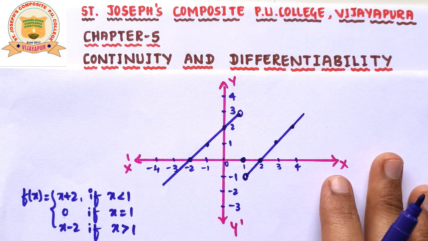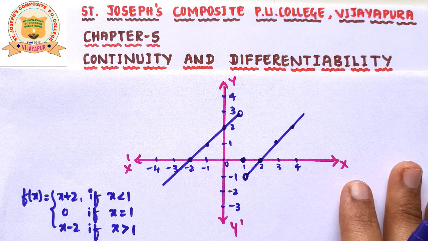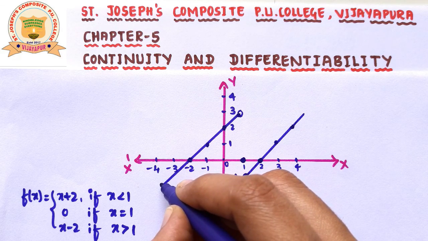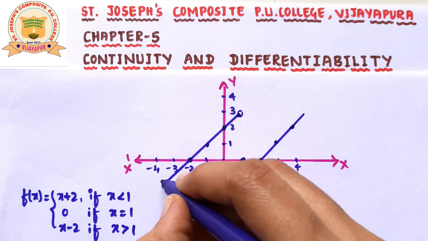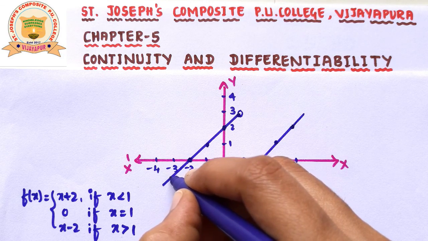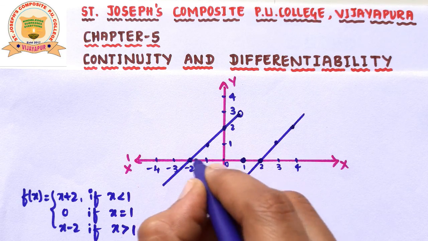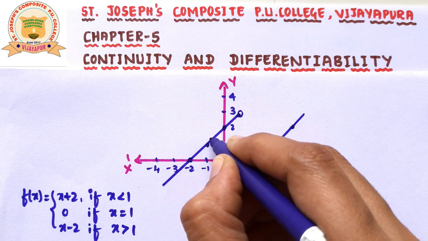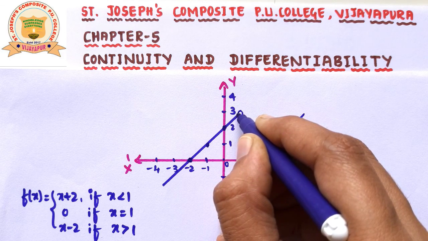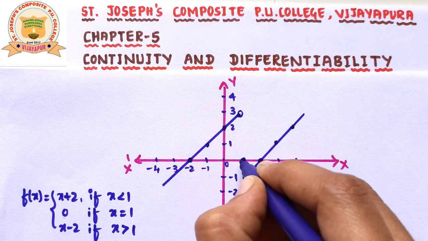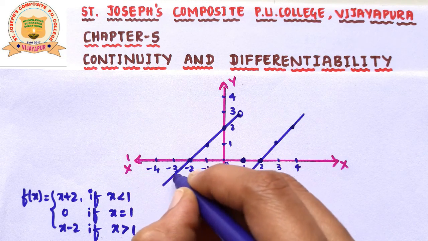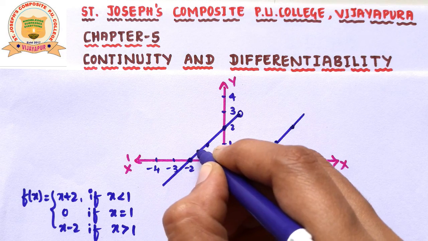By the graph, we will understand the concept of continuity. At which point the function is continuous, we will see by the graph. If you draw the graph of the function with the help of a pen, if you start from here, for all these x values, the graph we will draw like this, without lifting hand. For all these x values, nothing but less than 1, for all the real values less than 1, we will draw the graph of the function without lifting hand.